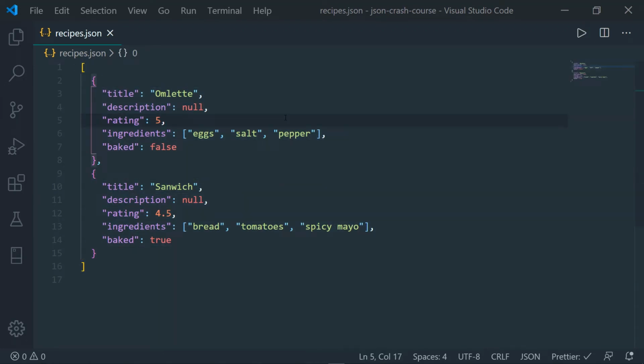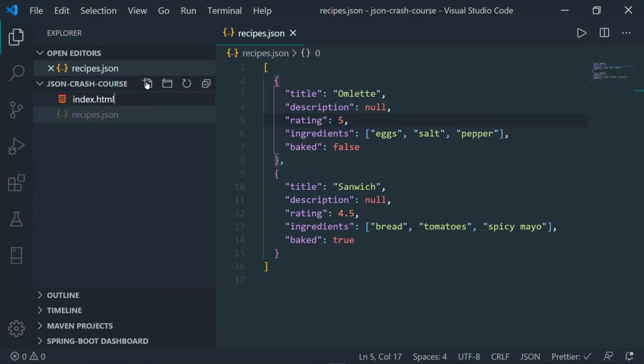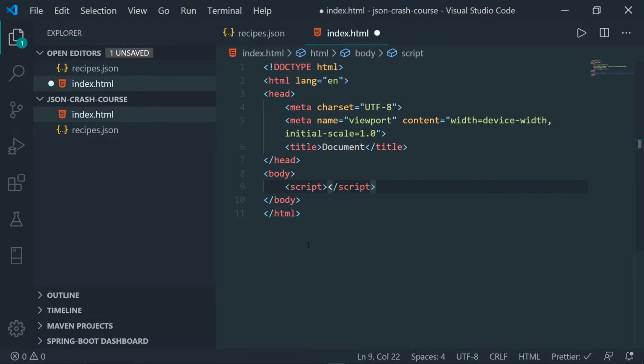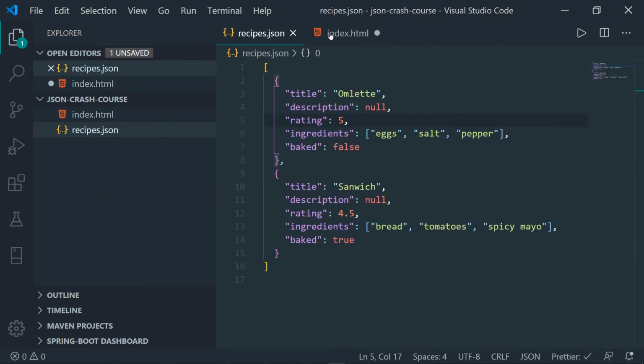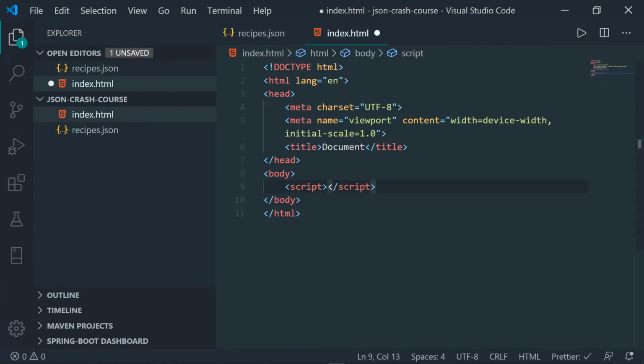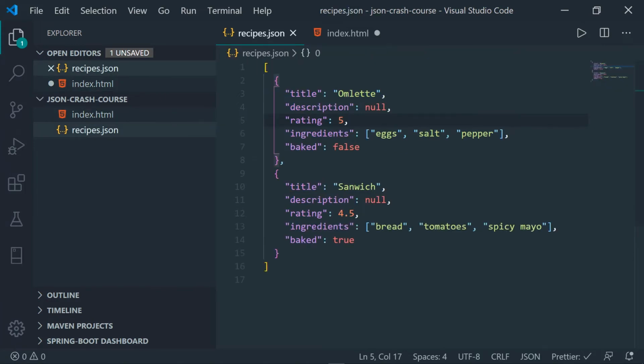So now let's see how to access this data on the web page. I'm going to create a dummy HTML file. Okay, so I have a basic HTML file, and in that I have a script tag present inside the body. Now if you want to access this recipes.json, for the script tag you can add a source property and link it to the recipes.json. That is one way of doing it. Or you can just type the data inside of the script tag, and that is not preferred because if you have a large JSON file, it's better to place that in a specific file as well.